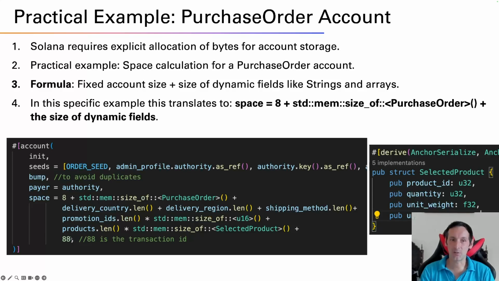It's another example. So this one is actually a little bit more complex. So it's an array of selected products. And sorry, again, my face here is in front of it. But the point is, this is a struct type that has fixed elements. And as you can see here, all I have to do is basically say number of products in the array times the size of the selected product. Simple, right? And then finally I have 88 because I added a transaction ID as one of the